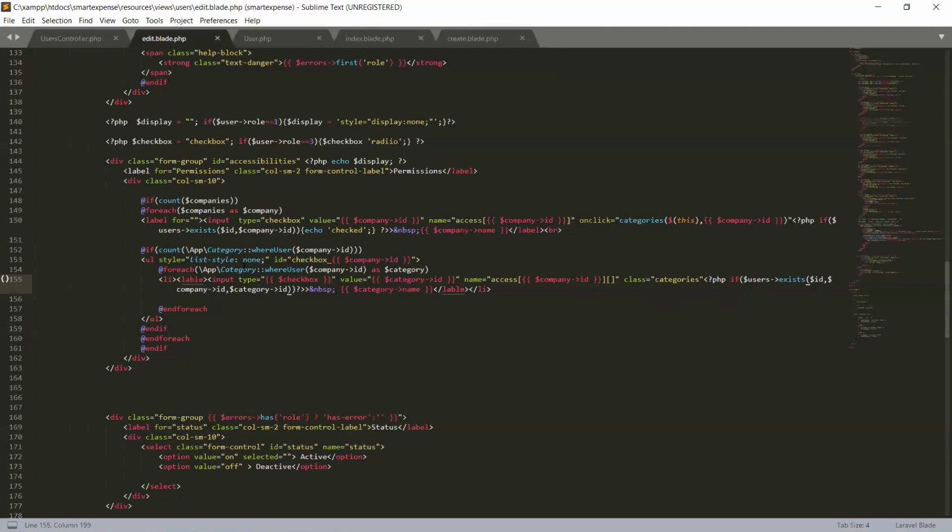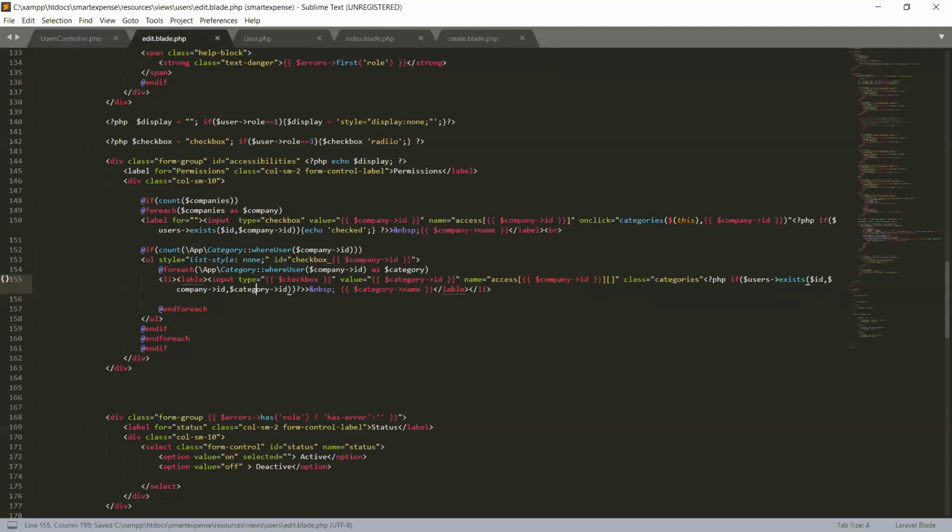So where it is, here, categories where user company ID this, and we are iterating apps and where user ID as category. So it will get from this variable category, and we will send the category ID to our function exists.